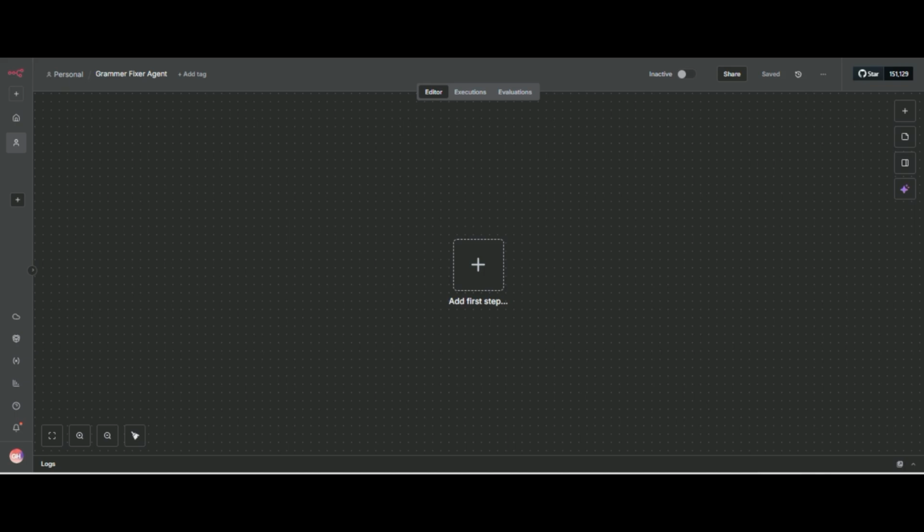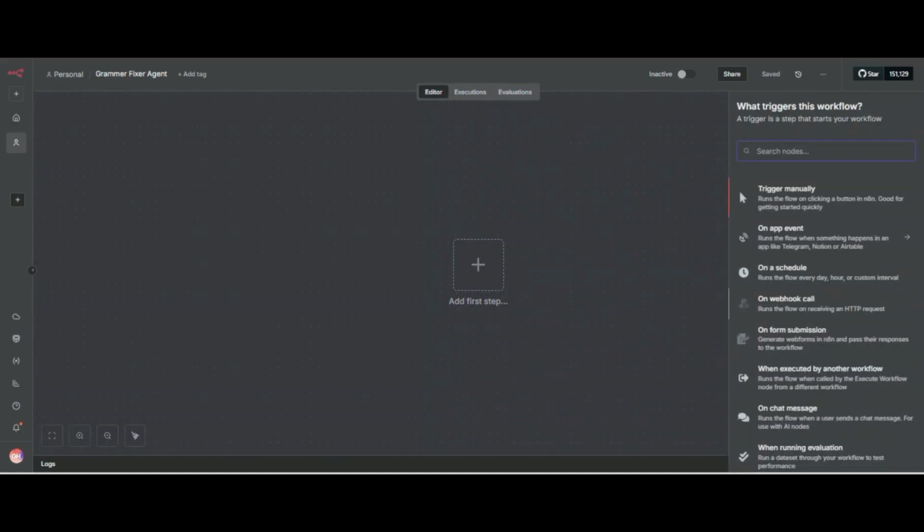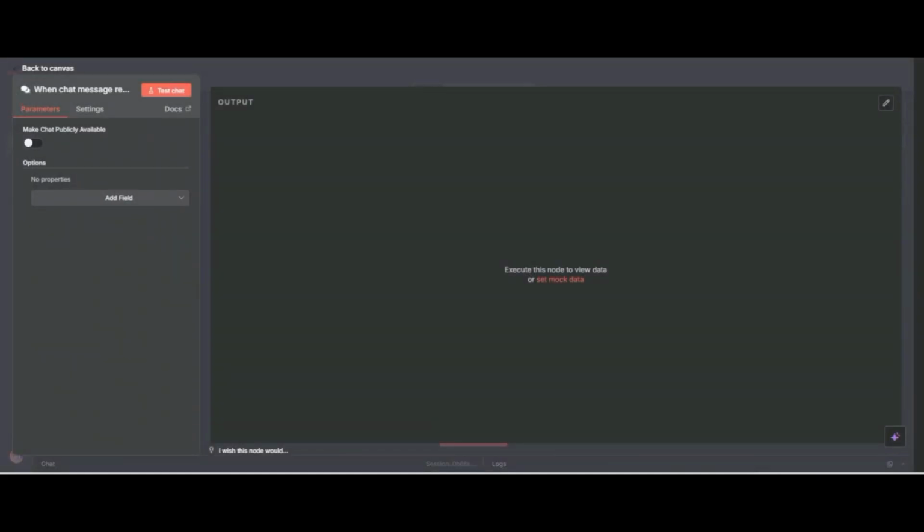The trigger will be chat, because we will send an essay. Further on we will go into more triggers, like form submission. In the next video I will show you how you can build your automation using form submission. So now we have to add the on chat trigger.